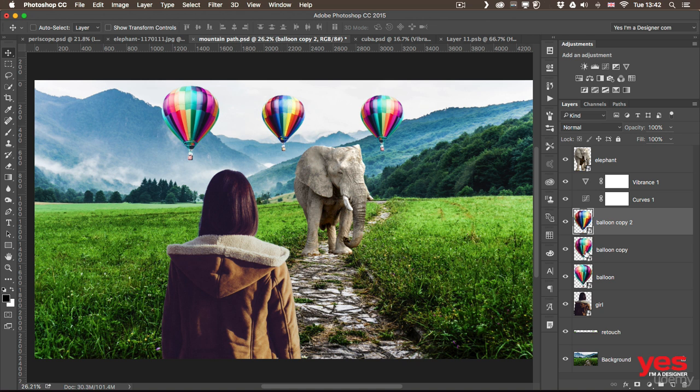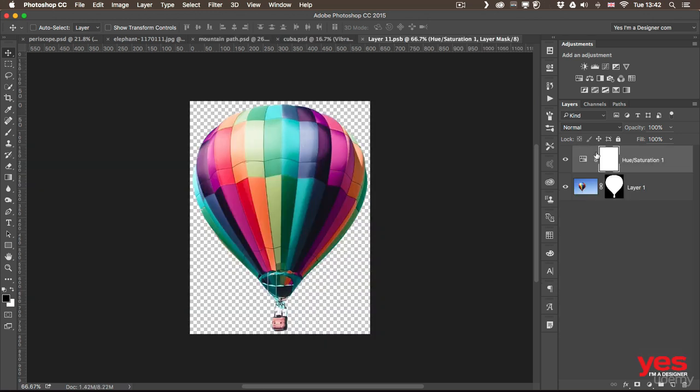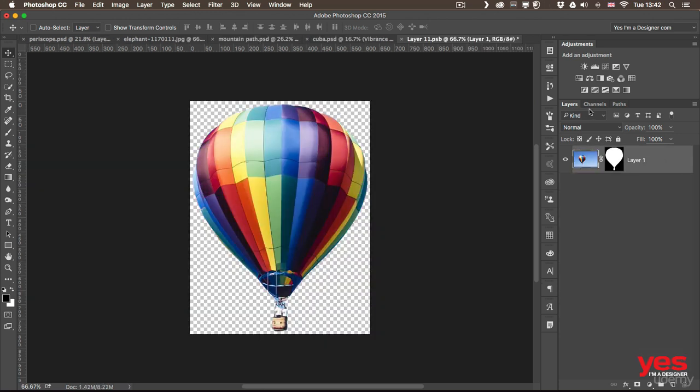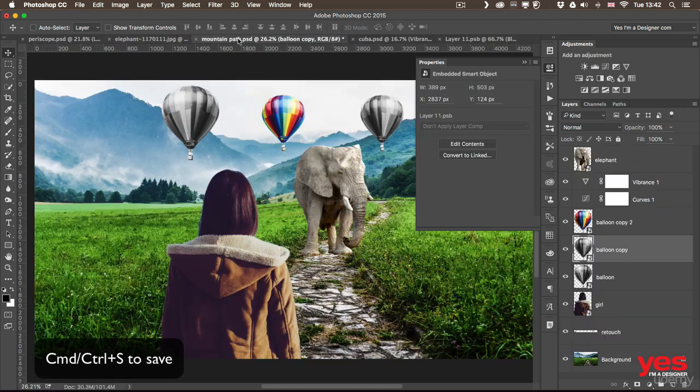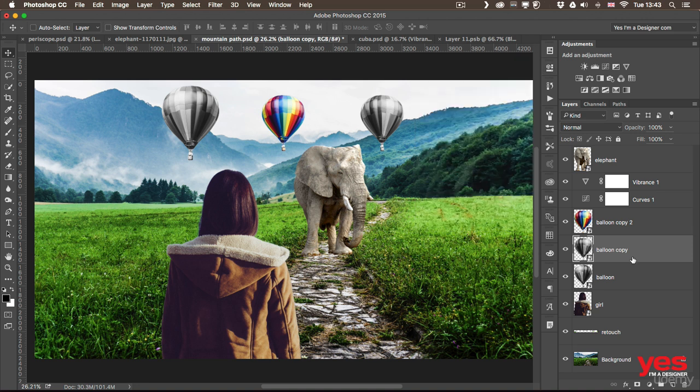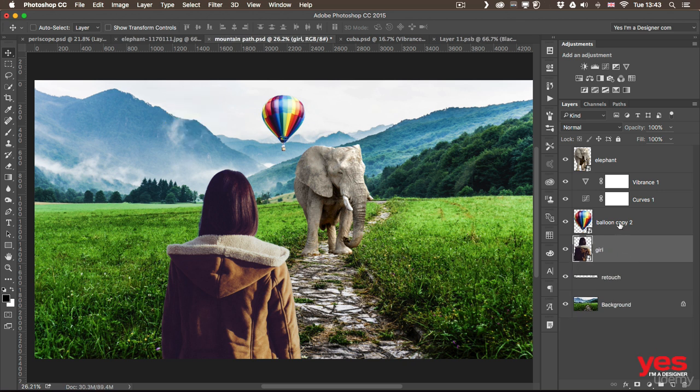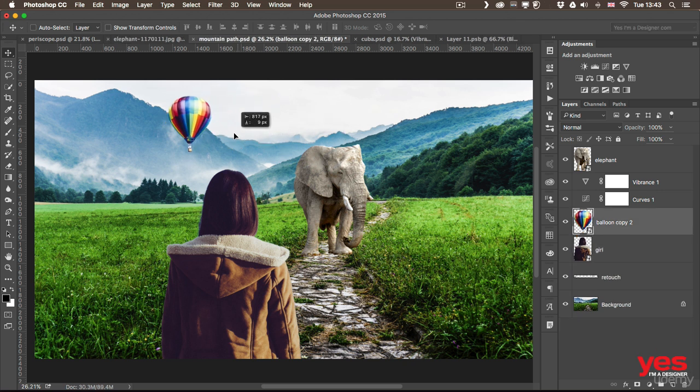If I go into the other smart objects, and maybe instead of using hue saturation, we will add black and white, just to see a drastic difference, save that, and go back again to our main image, we can see that the black and white effect will only apply to the smart objects that share their source. I am going to delete these black and white versions, so I just press backspace, backspace, and then we keep this one here. And that was all I wanted to show you in this first video about smart objects,